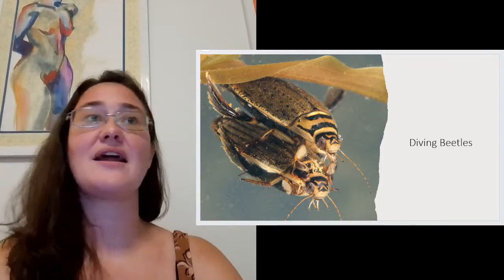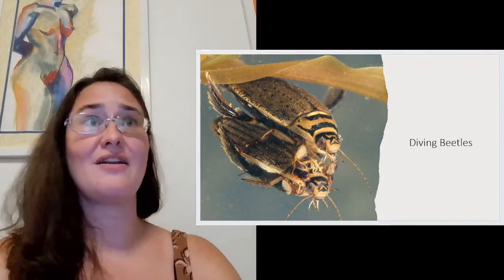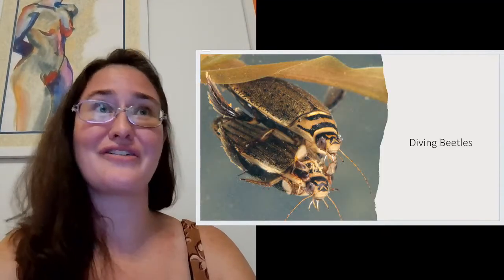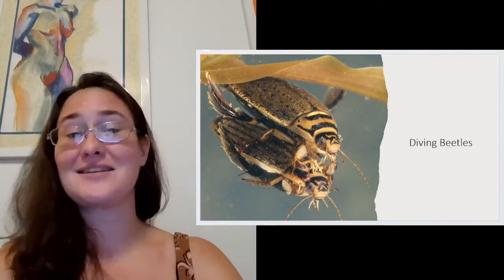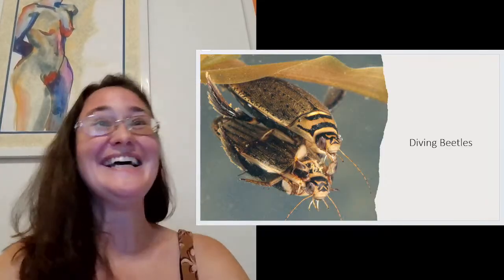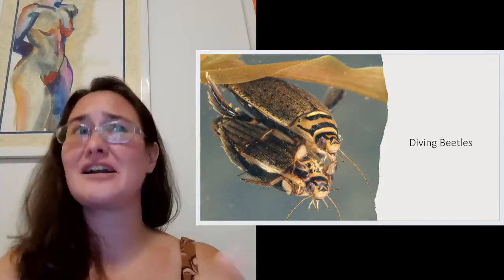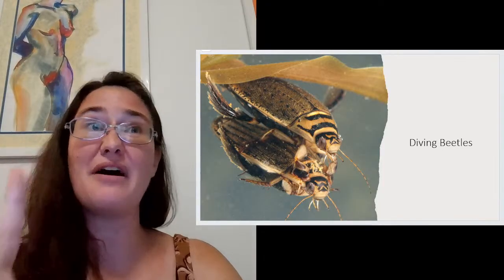He does not have the ability to ensure that her eggs are his, so his goal is just to hold on longer than the last guy. That's his primary goal. Now, her goal is, yes, to collect sperm and sperm packets and all of these things, but